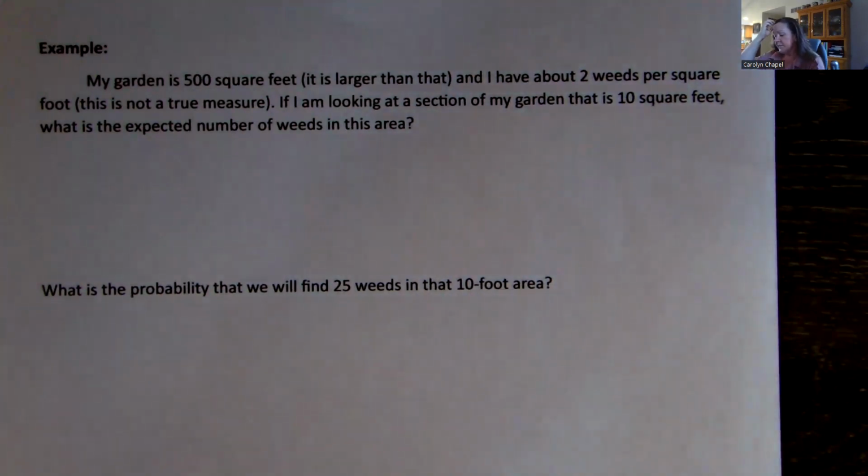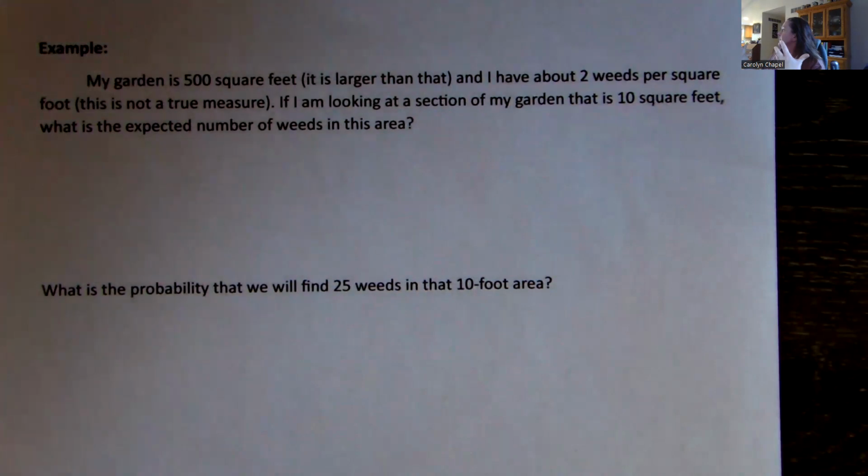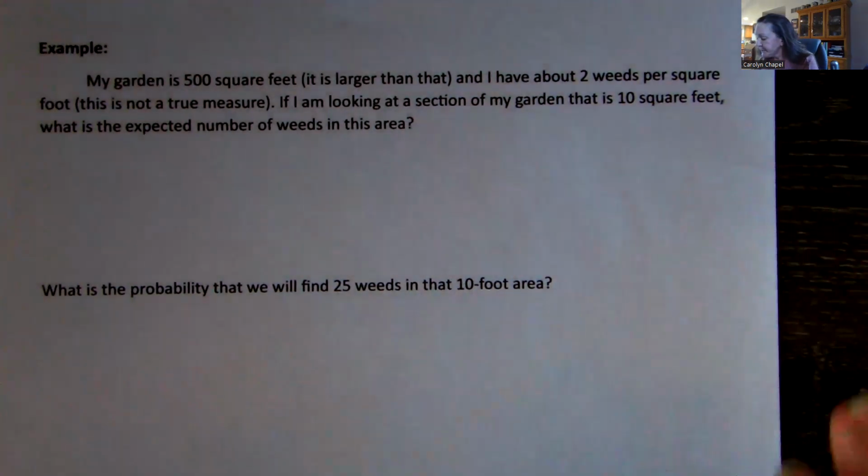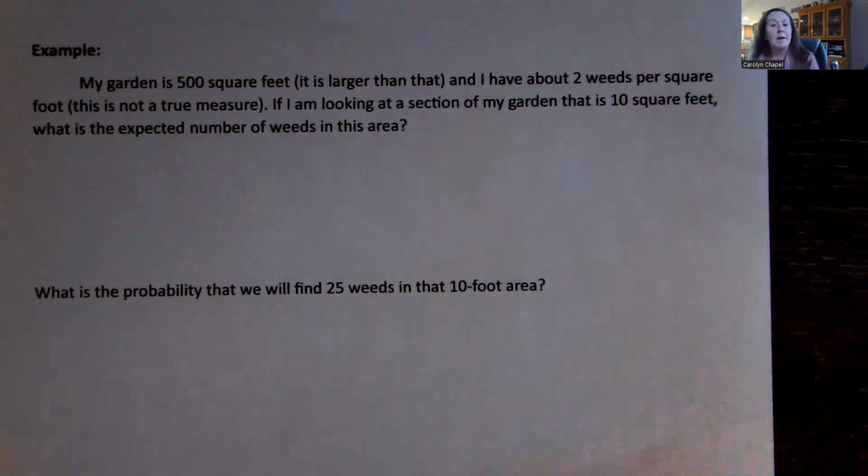This type of thing is used when trying to measure plants and things like that. They will go into an area and map it off and say, okay, this area looks like it's all about the same type of growth as far as plants go. And they will calculate how many are in that region, and then they will expand or extrapolate from that. So I've seen things done this way.